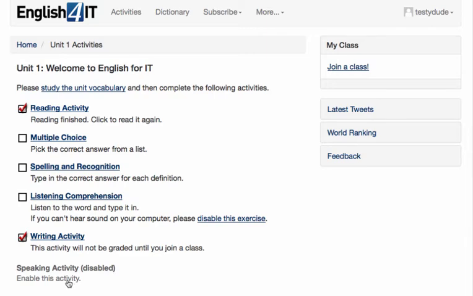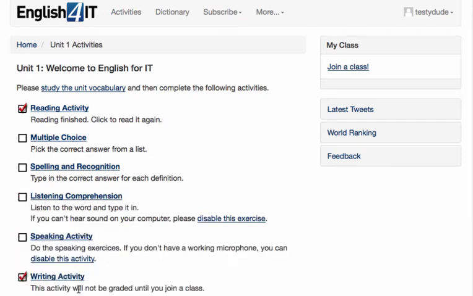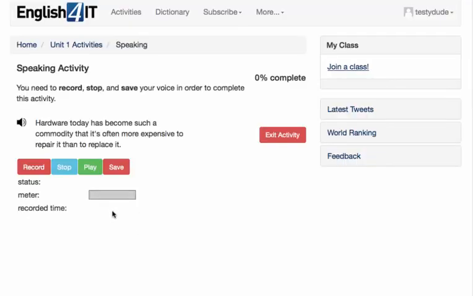Let's go to the speaking activity. It's disabled by default. Just to show you what that looks like, you can also disable other exercises. Let's enable this activity and go into it. This is another cool activity. You just listen to the